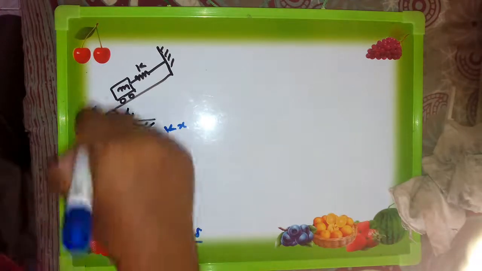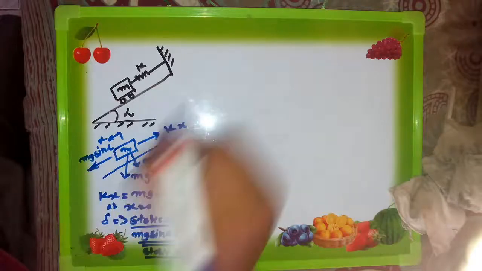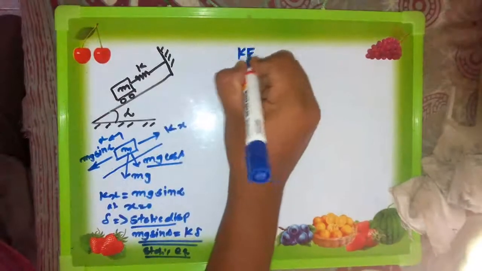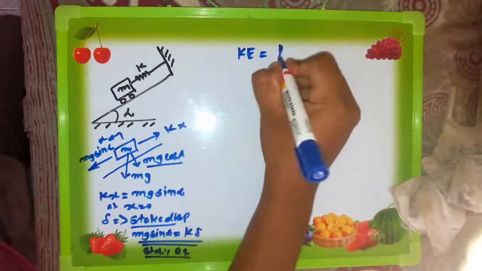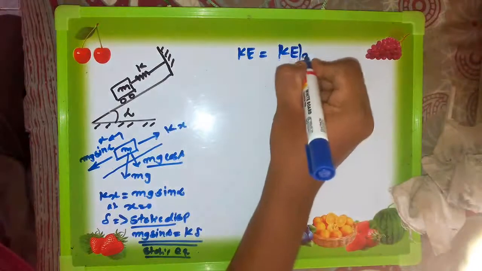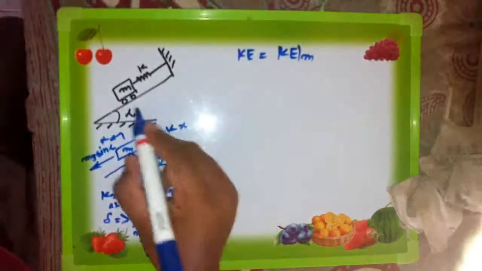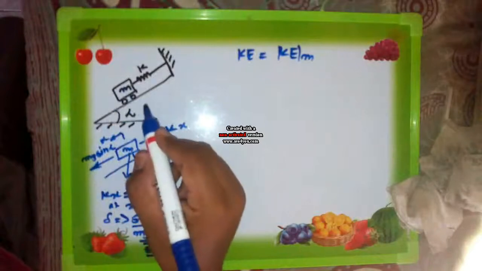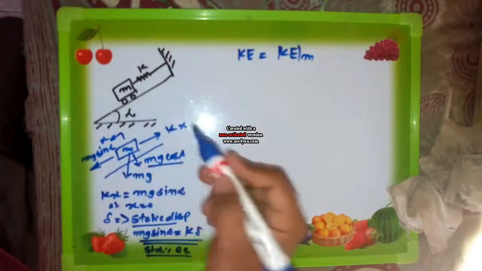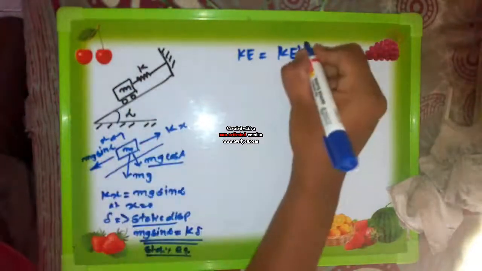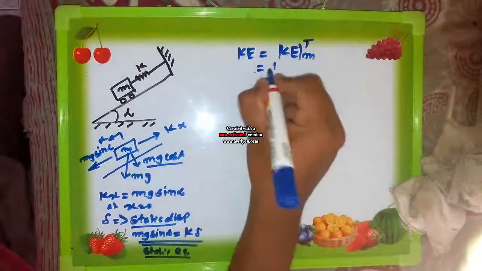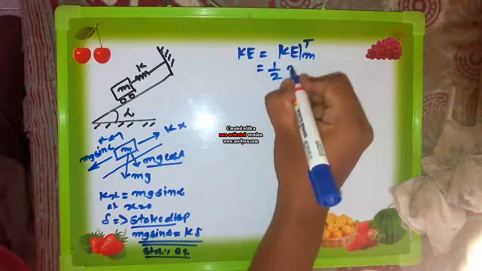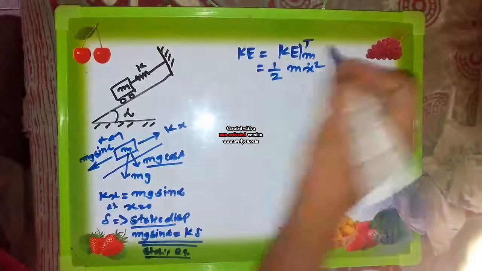Now we assume our application as an x. Okay, so net kinetic energy is equal to kinetic energy of the mass m. What type of kinetic energy? This is mass in the form of a trolley. It means that it won't rotate, it translates only. So of translational type, which is equal to 1/2 into mass m into x dot square.